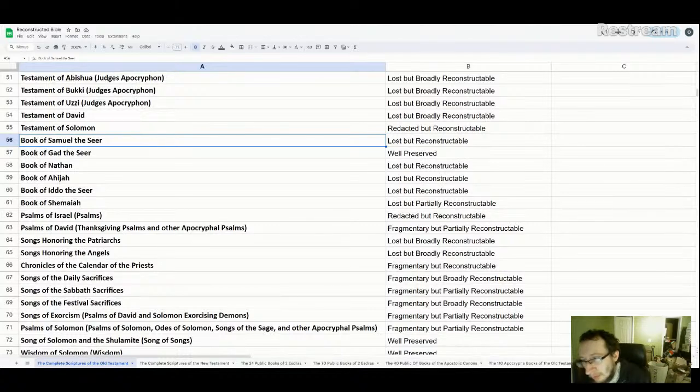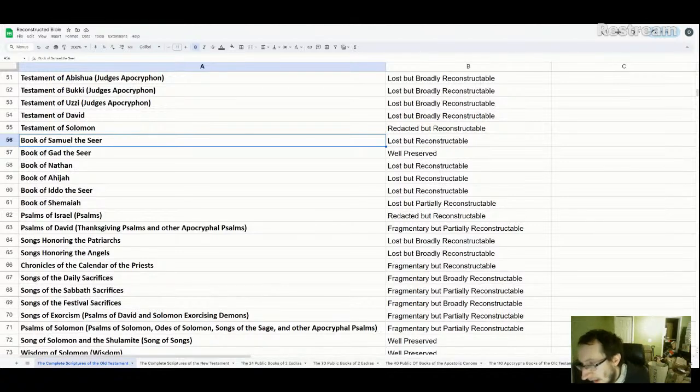David may have summoned the woman and said, what happened? And the woman testified and said, he summoned Samuel. Something like that. Or maybe a later prophet revealed that it happened, Nathan or something. So it's one of those two. But that's a kind of debatable thing about whether it was part of the book of Samuel the Seer or not. I'm leaning towards that it was, but not 100% certain.